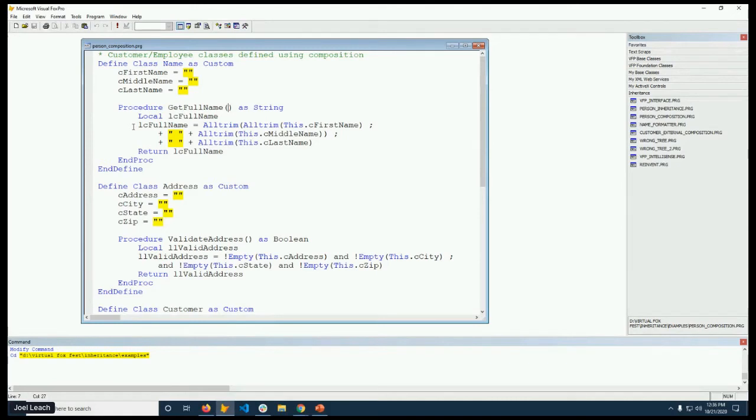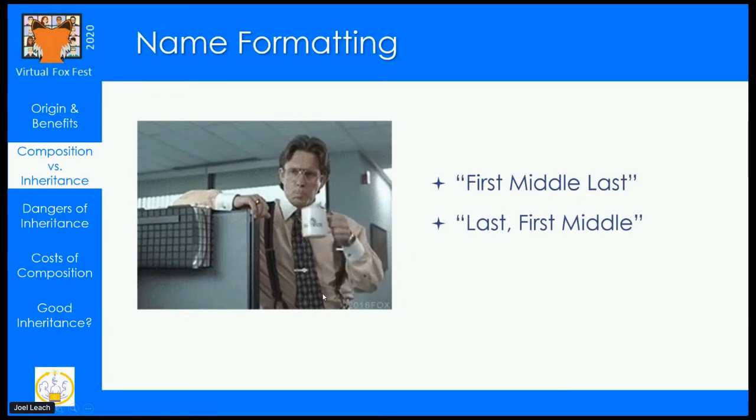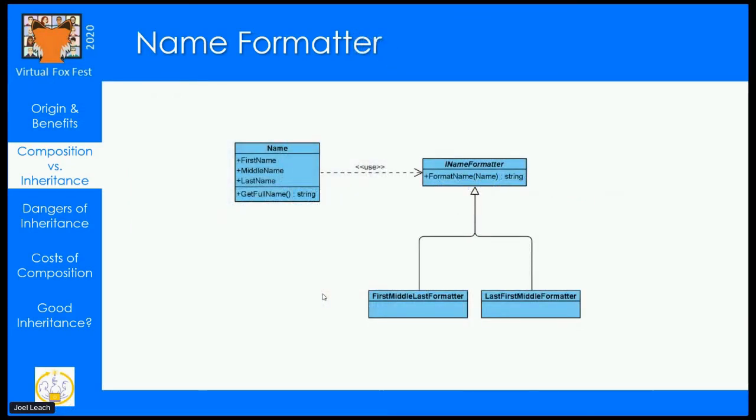But our Jedi censuses are telling us that additional formats might be required in the future. So we decided to take a more object-oriented approach to the issue, and we came up with a design that looks like this. In this diagram, the IName Formatter provides an interface for the first, middle, last and last, first, middle formatter